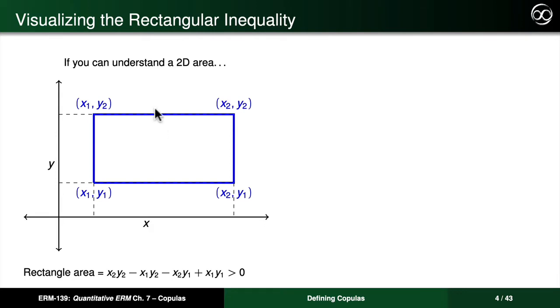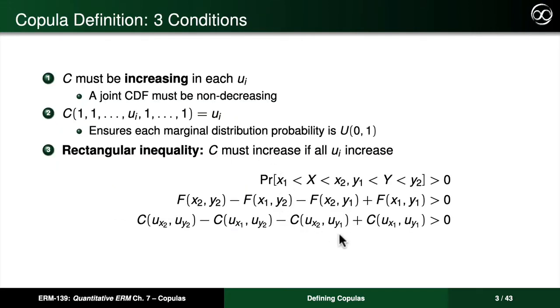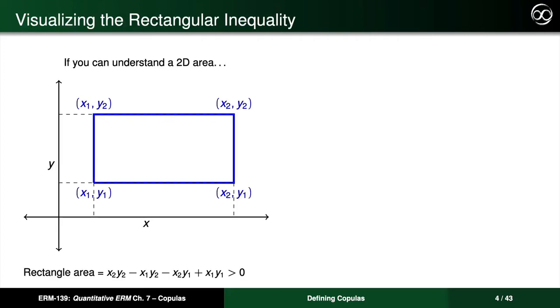And I think if you can understand how to calculate just the basic area of a rectangle, just very basic geometric concepts, that will help you understand the rectangular inequality and make it unnecessary to simply memorize this formula, because you'll just understand what it's saying. And once you understand that, this formula will just fall out naturally. So if you can understand how to calculate the area of the blue box, then you can understand the rectangular